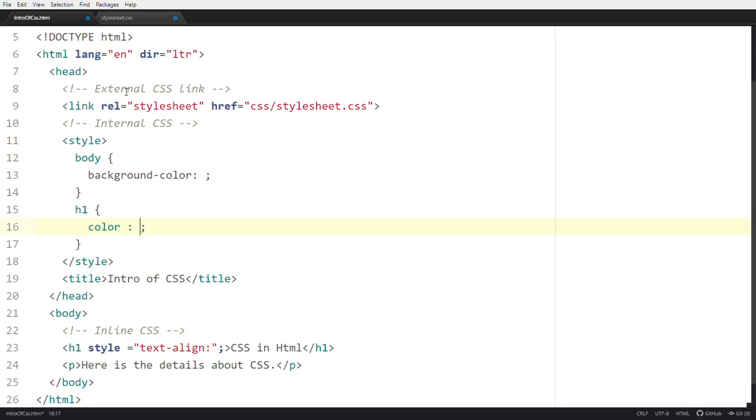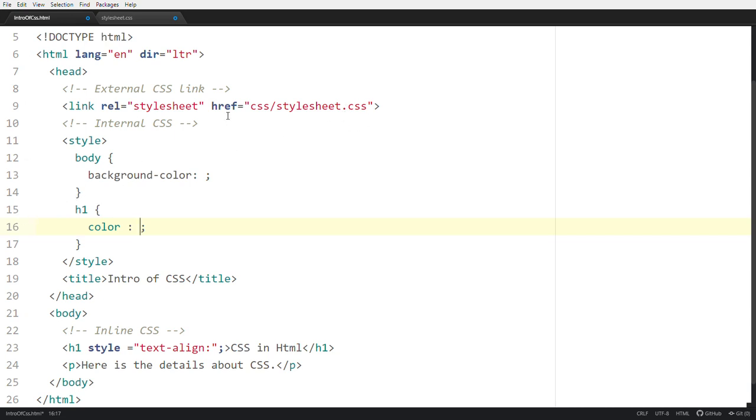Coming to the last one, external CSS. To use this CSS, we are using the link tag. In that, rel equal to stylesheet, href equal to css slash stylesheet.css.